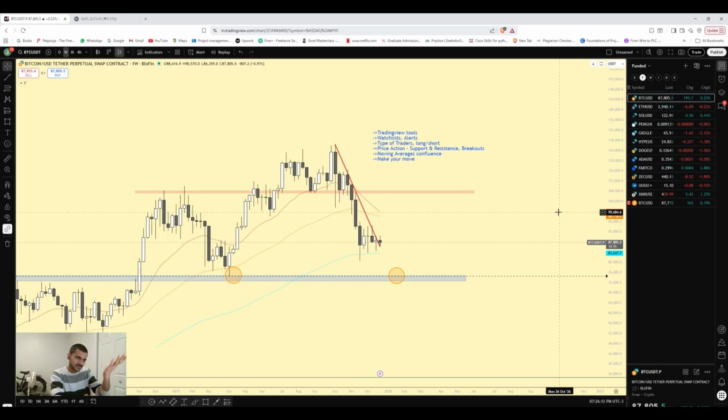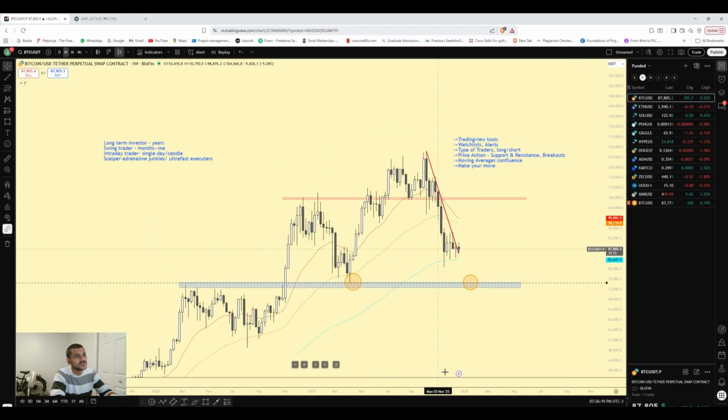So, let's right away jump into it. In today's video, we'll be covering the Tradingview tools. Tradingview is this web app that I'm using and which you will be using. Tradingview tools, how to add a watch list on the side as you see here, how to set alerts so you don't have to stay awake,